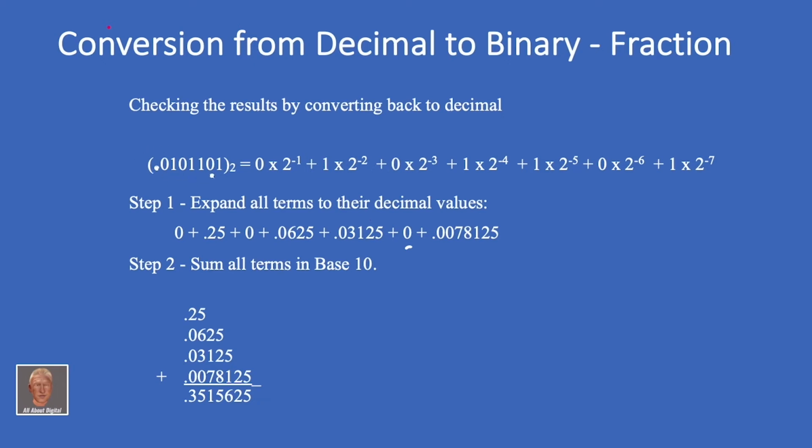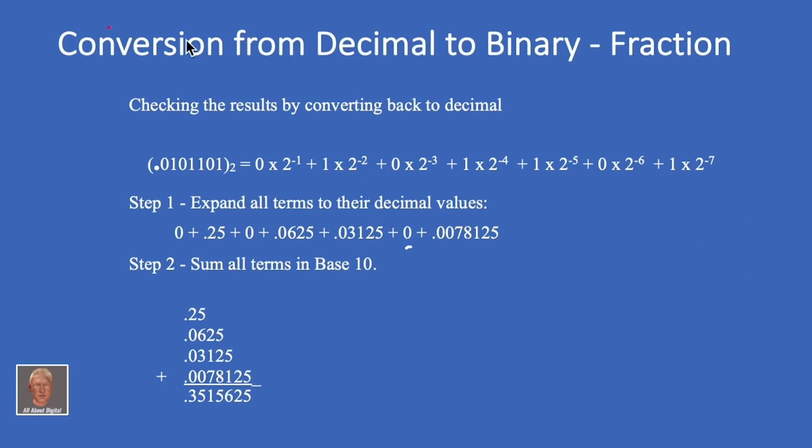How do we do that? Well, let's just convert this binary number that we got back to decimal. So how do we do that? We write it out in positional notation, and then we expand all terms into their decimal values, and then we sum them. First of all, let's talk about negative exponents. As we know in math, 2 to the minus n is equal to 1 over 2 to the n. The exponent sign changes from negative to positive. So, knowing that,